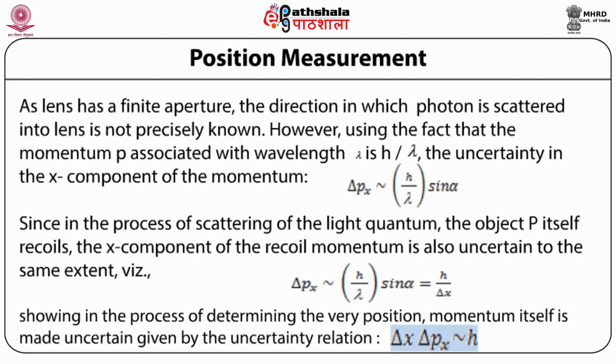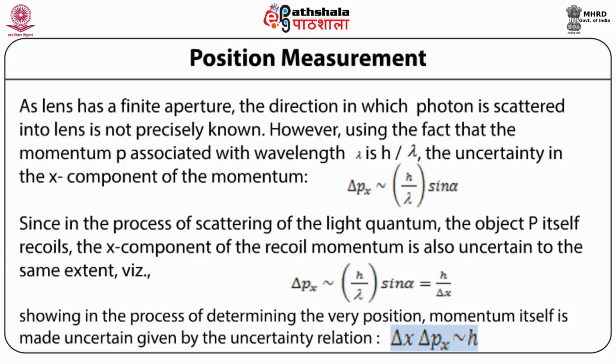In this manner, one can see that while we are wanting to exactly determine the position of the particle, the main impediment or hurdle that is coming in the process is due to the very process that we are adopting, which means that whenever we try to probe the position of a particle, we will need some external stimuli which will exactly determine where the particle is located. This external stimuli, like in the case of the present experiment, happens to be light, and because the light will also interact with the particle, being quantum in nature and having a quanta of energy which acts like a particle.